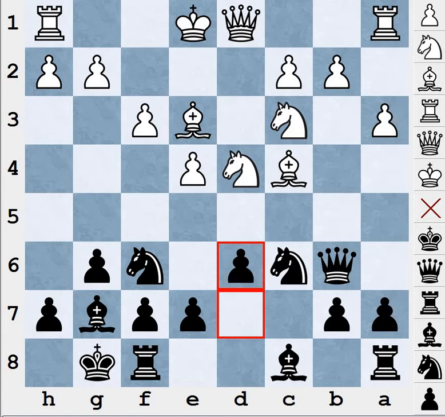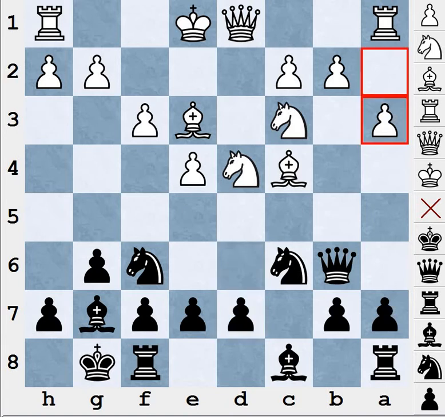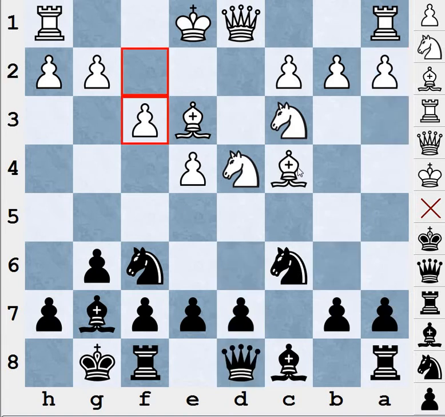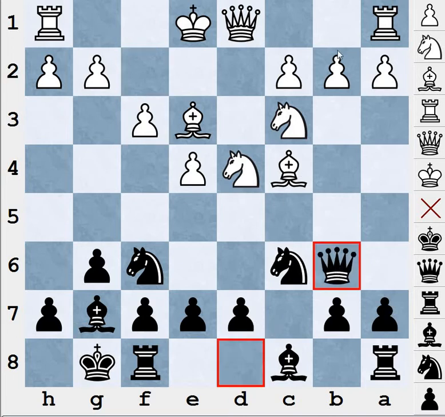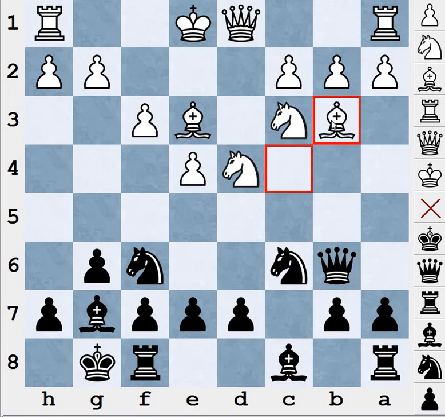So let's consider the best move in the position. That is, after f3, queen b6. What if white defends this pawn by playing bishop b3? So if white played bishop b3,